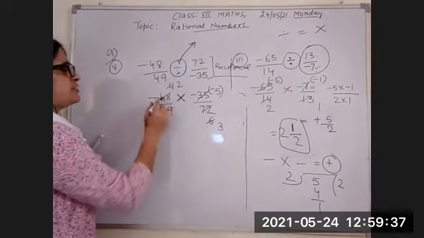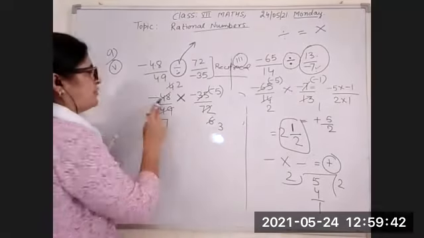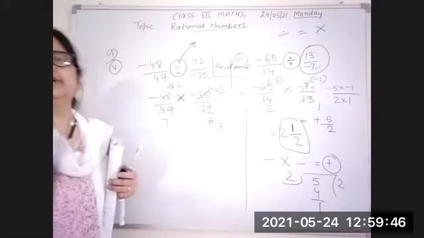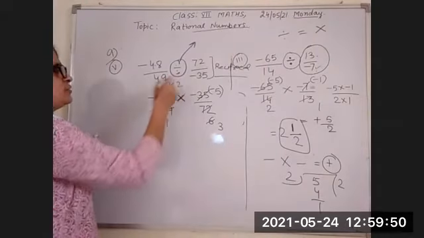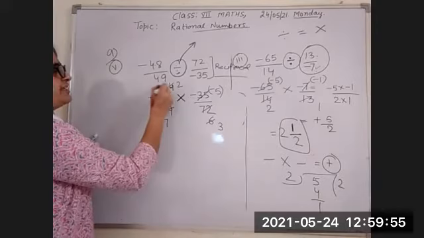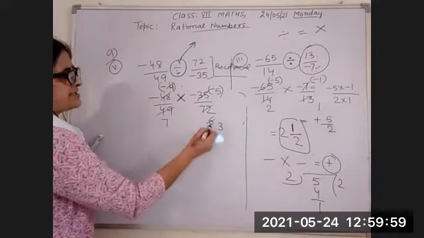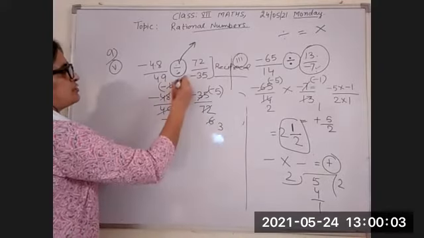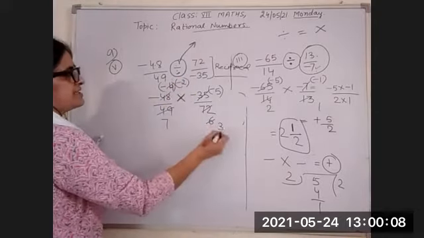You can directly divide it by 24 also, because 48 and 72 are directly divisible by 24. But first you have to divide it by the lowest number. I divide it by 12. 12 fours are 48, minus sign you will put here, again 12 sixes are 72. Okay, again you have to divide it by 2. 2 twos are 4 and 2 threes are 6.